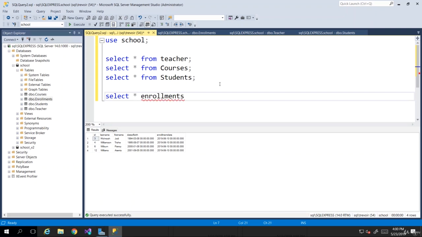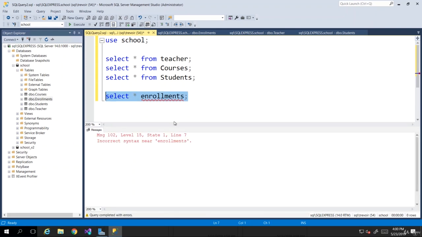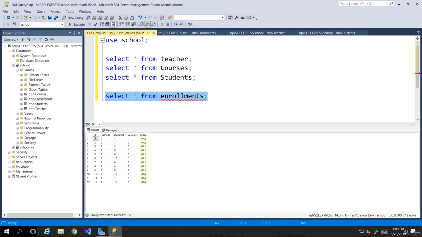Now I want to run a select star from my enrollments table. And we saw how messy and confusing that looked. So I'll do that. Oh, sorry, I left out the from. That's embarrassing. So execute, and then we see that we have all of these numbers, and literally they mean nothing to us sitting down and looking at them, because all we have to do now is go back and try and find who is teacher 2, and then go back and find out who is student 3, and that back and forth thing is really just tedious and absolutely not necessary,